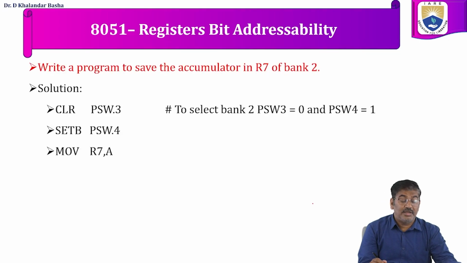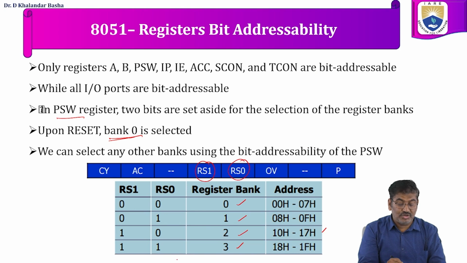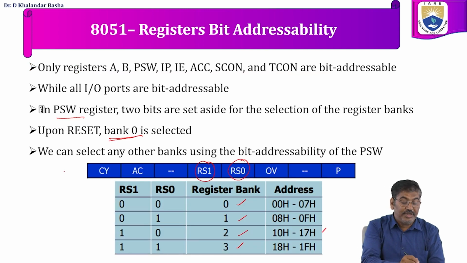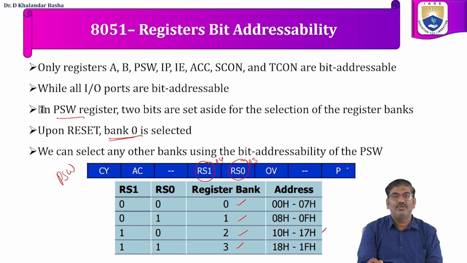Now we will see a sample program. Write a program to save the accumulator in R7 and it is for bank 2. So for bank 2, we have to write the RS1 and RS0 bits as 10. So we have to clear the RS0 bit and we have to set the RS1 bit. So in PSW, D0, D1, D2, D3. So the D3 bit and D4 bit we have to clear or set